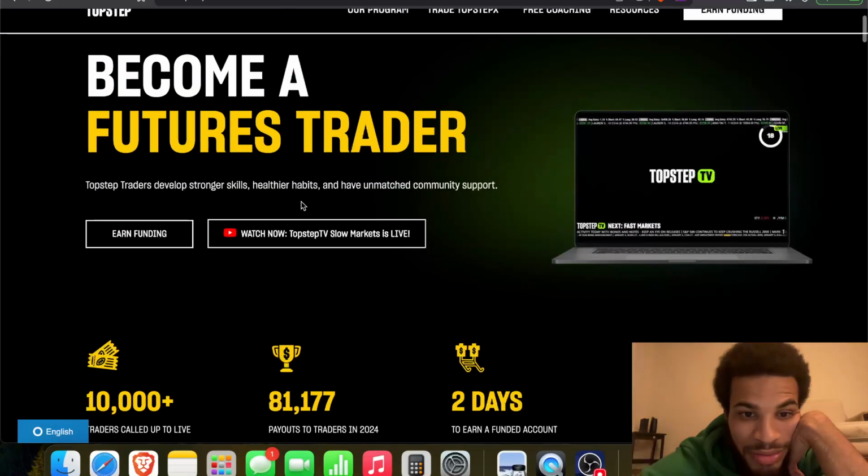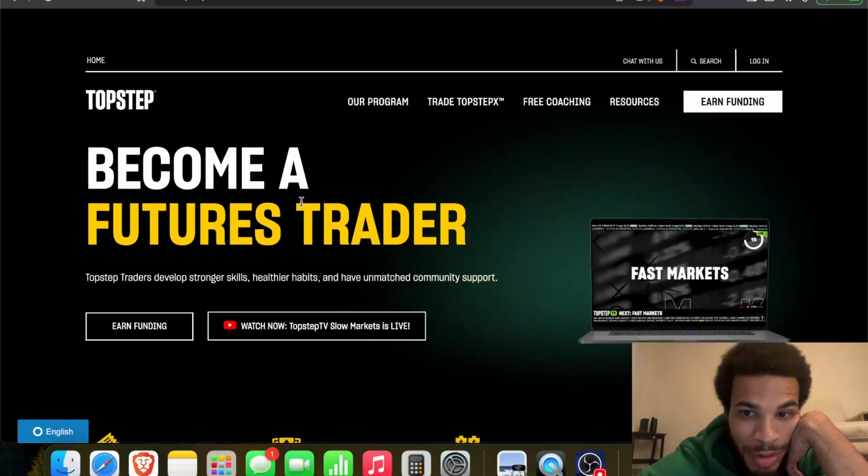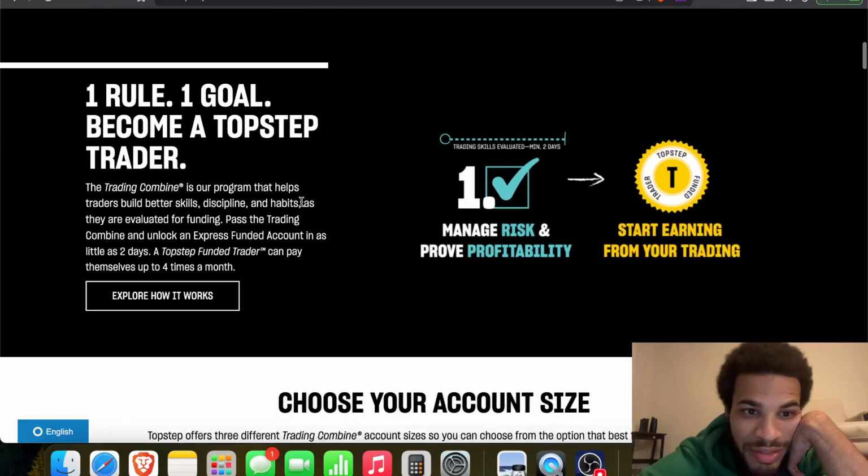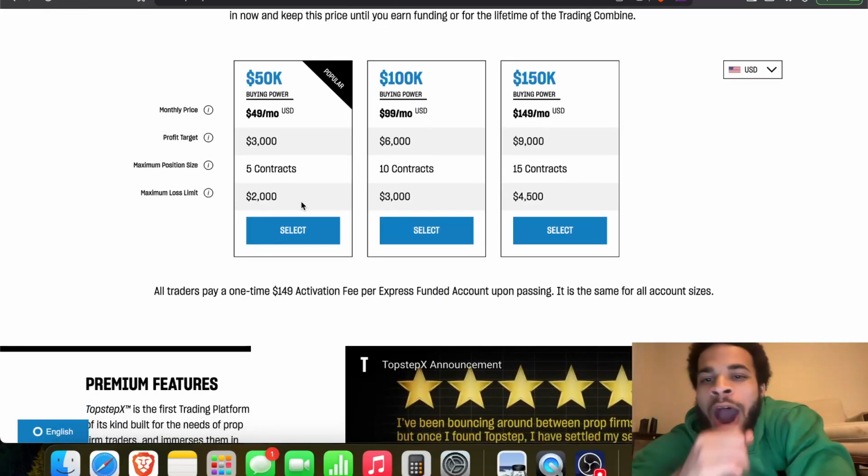But prop firms are definitely something very useful for people who don't have a few $1,000s to just chuck to the side inside of an account. Now,